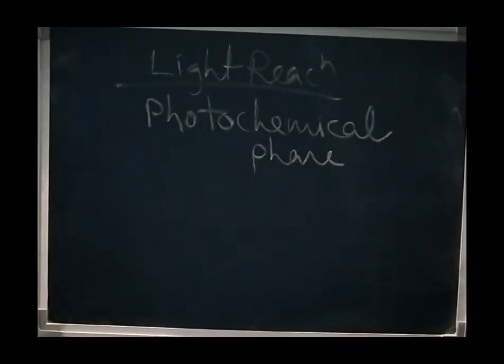That includes the dispersion of light, splitting of water, release of oxygen, and finally the formation of ATP and NADPH. So during this course of light reaction, light is trapped by photosynthetic pigments present in the thylakoids, granum thylakoids, and